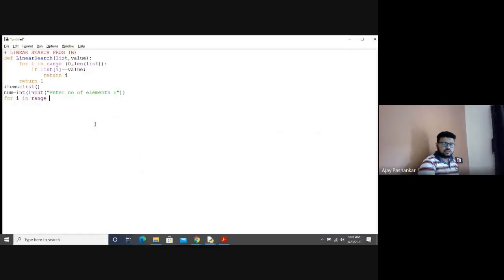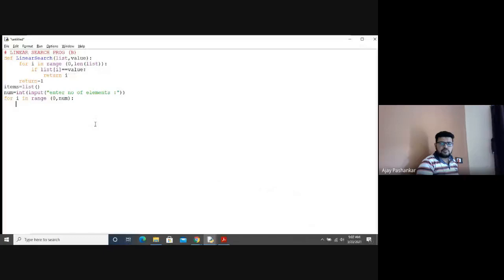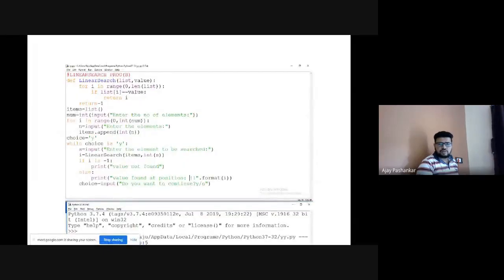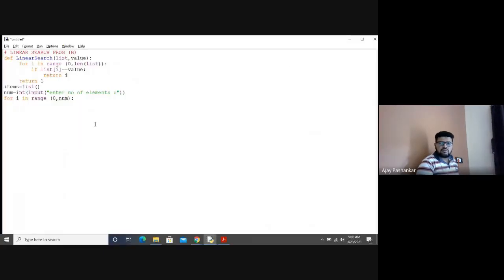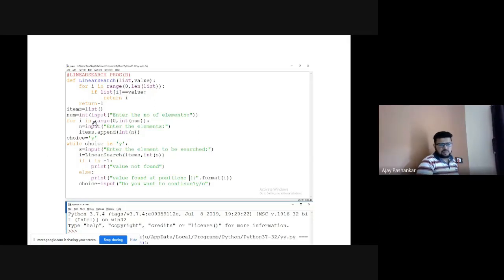For in range, just let me complete this practical first. Once I complete it, then I'll explain. No issue. Int now. You just have to define this int now. If there is any error, the interpreter will prompt.